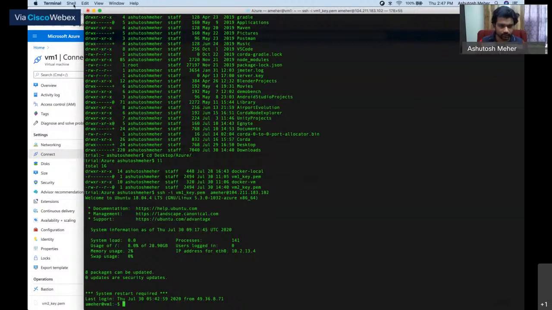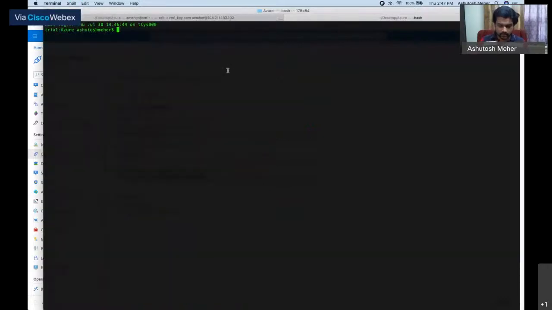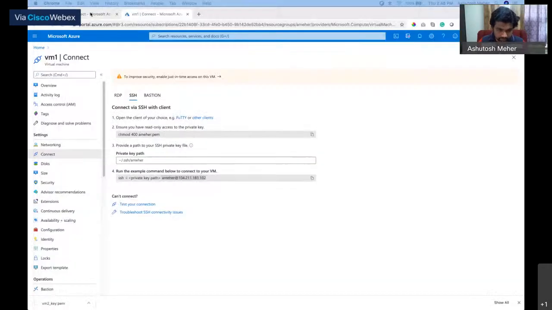So I'll open up a new terminal and I will log into VM2. And the IP of the VM is this one.